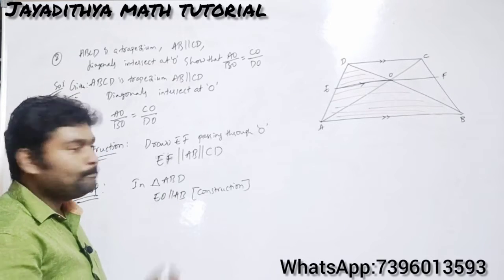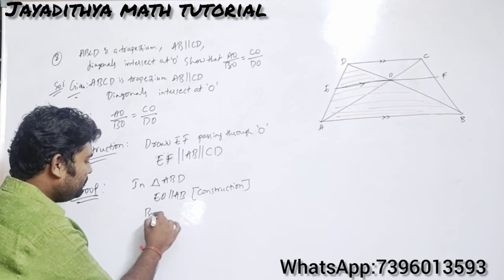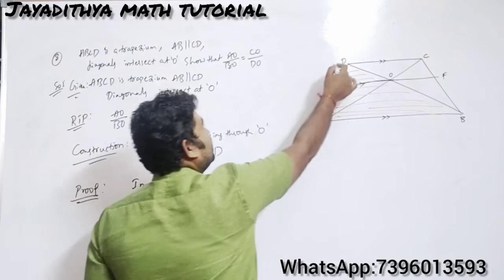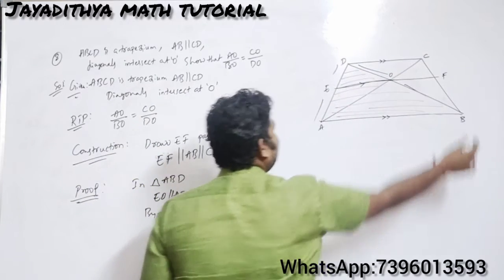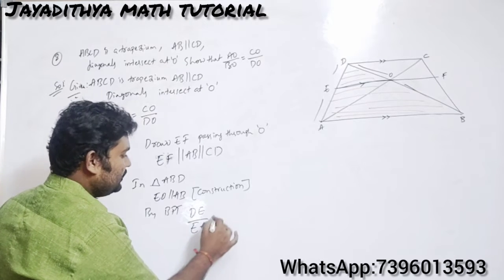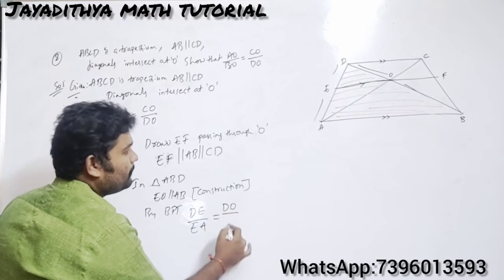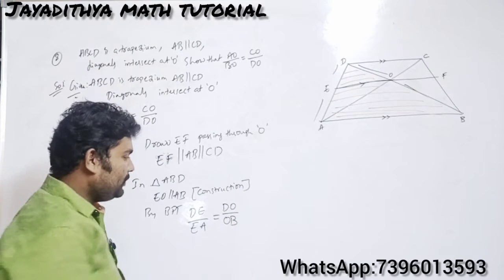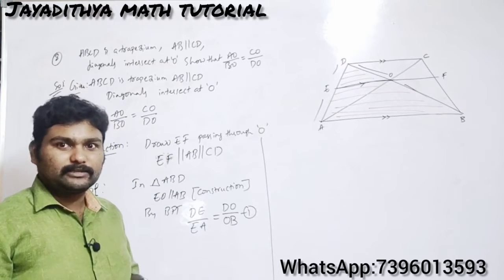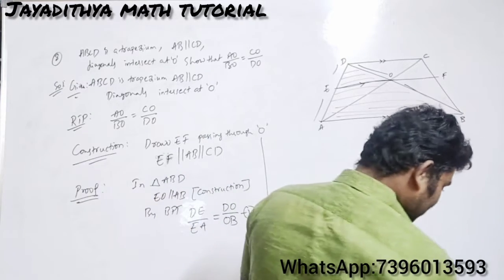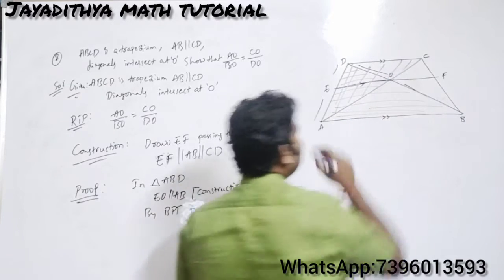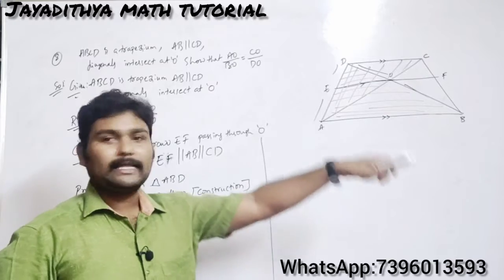So what can you apply here? So you can apply basic proportionality theorem. So by basic proportionality theorem, that is by BPT, what can you write here? So see here now, DE by EA will be equals to DO by OB, right? So write that one, DE by EA is equals to DO by OB. Let us take this as equation 1. Now what you will be doing here, take the other part here. So now which triangle you will be taking means, see here, you take the triangle ADC, Nana. Don't go for the other side.